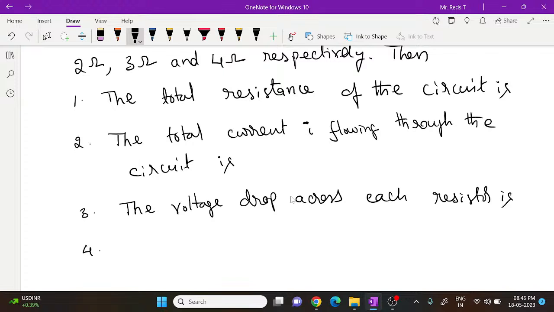And the fourth question based on this is, the power dissipated by each resistor is,